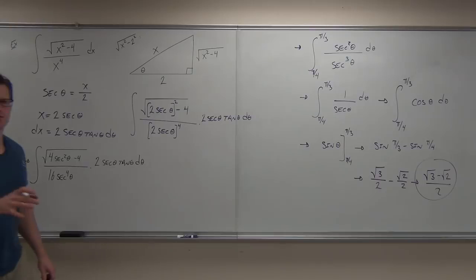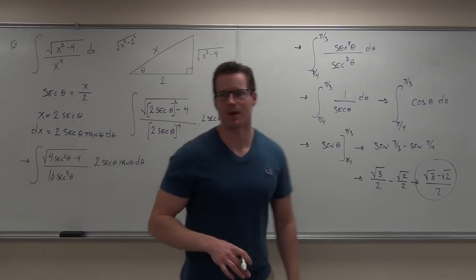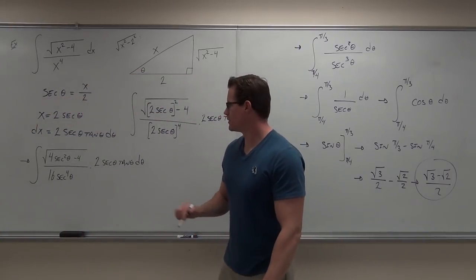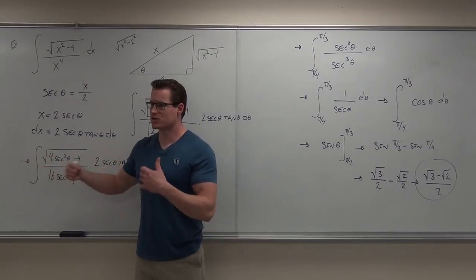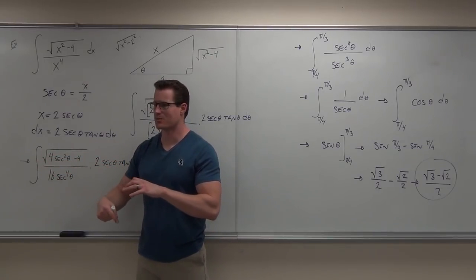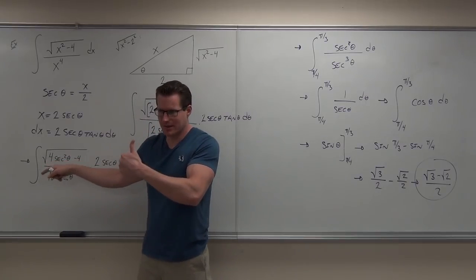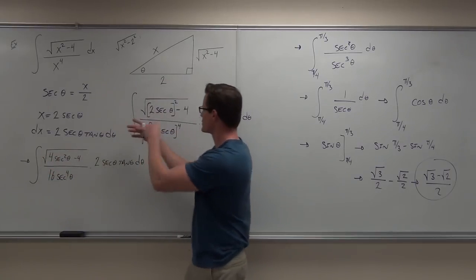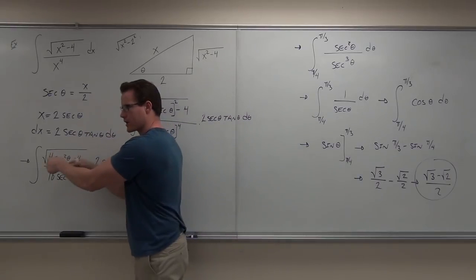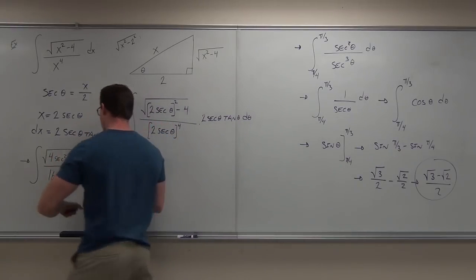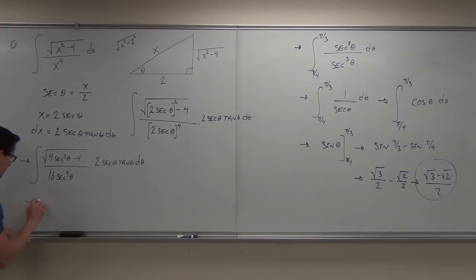Next thing, what would you do if this was your problem on a test? Because it very well might be. Factor the inside. Yeah, what we know is that identities work with secant squared minus 1, not secant squared minus 4. So when we have the same number here, that's what we have to have. That's important. If we miss the 2 here, you're going to miss the 4 here. That's a problem. So once we factor that 4 out,